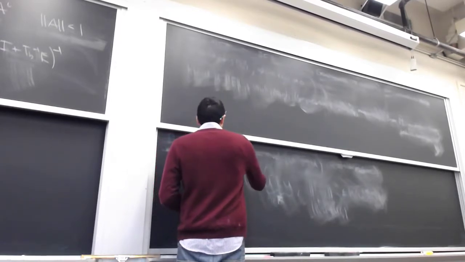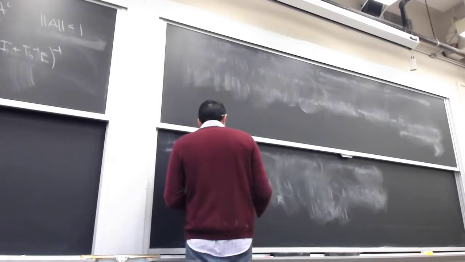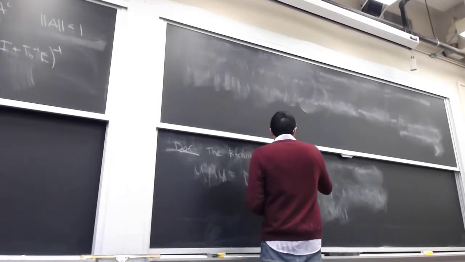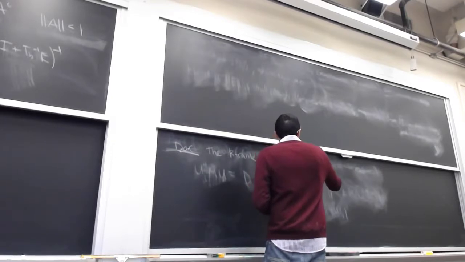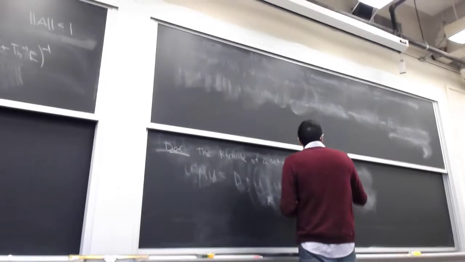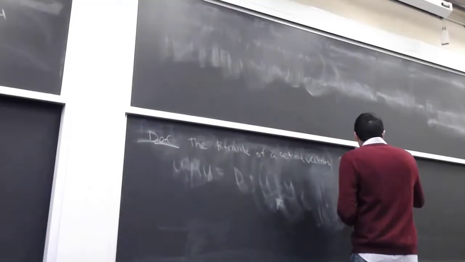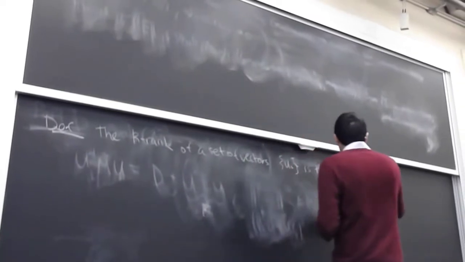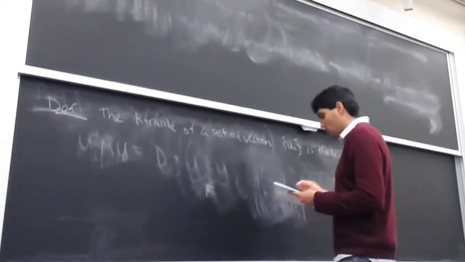So I'll call it the K rank of a set of vectors u_i is the largest R such that